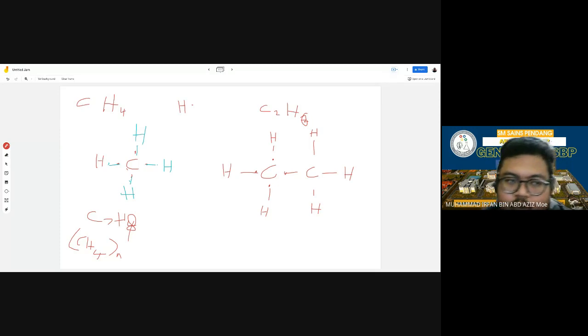Yeah, C2H6 should be this one. Should be, sekejap. Single bond. Okay, C2H6 is single bond. Because if we look here, this is 1, 2, 3. Here also there is 1. Okay, they already share. It has 1, 2, 3, 4, 5, 6. If